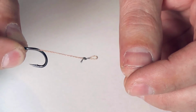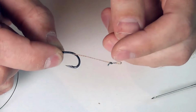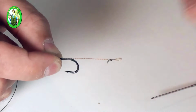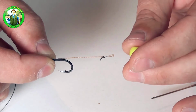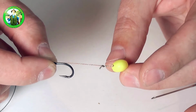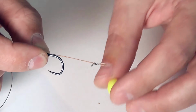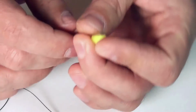I think I've got a question. What length does the hair have to be? The length of the hair depends on your bait, how much bait you're going to use. If you want to use bait like this, you need a length almost like this. If you're going to use more and more bait, you need more and more length. But I don't think that you will need too much bait. It's not so important. So take your bait,